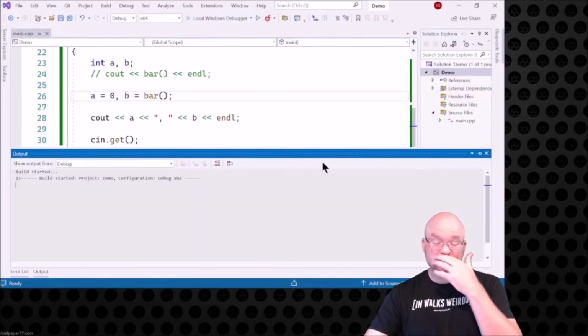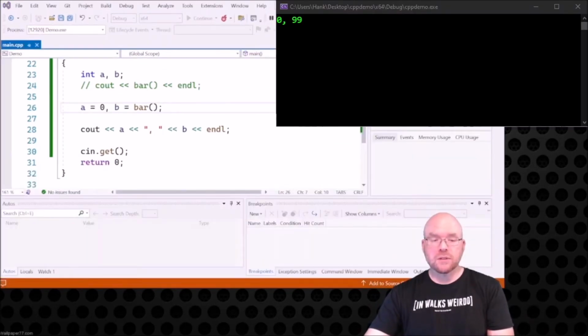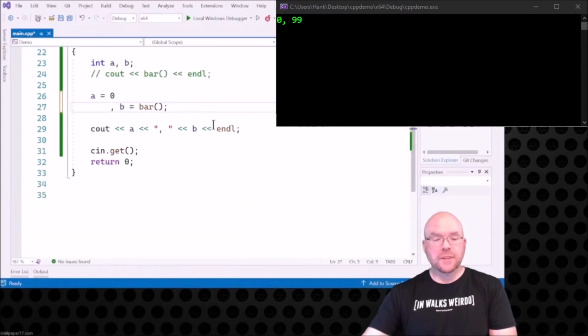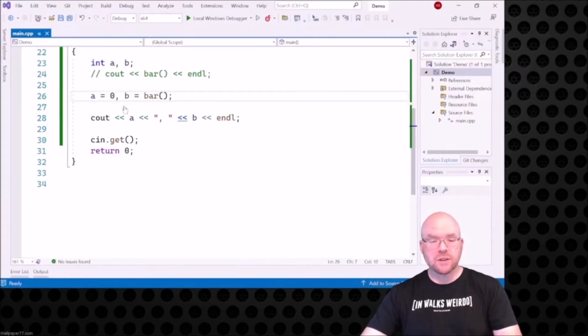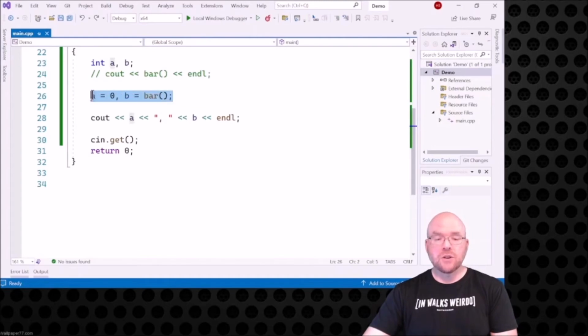Which is really confusing, and it's not in our textbook because it is confusing and it's not the best way to write code. These are two assignment expressions that are separated by a comma in series, which is valid syntax, but again, this is confusing, so it's not a good idea. So if you're in my classes, don't do this. Okay, this is terrible. It's not in our textbook, but it's something you can do, and I just wanted to